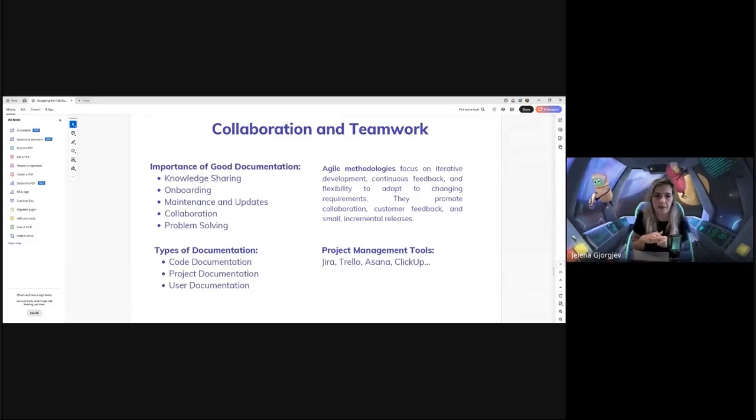So there are three types of documentation. First one is code documentation, and usually it consists of inline comments, docstrings, external documentation describing the code's purpose, logic, and usage. Then we have project documentation, which is usually README files, setup guides, architectural overviews that provide a